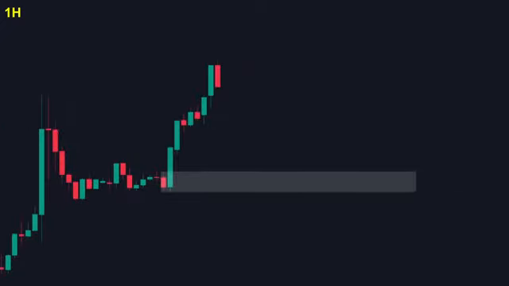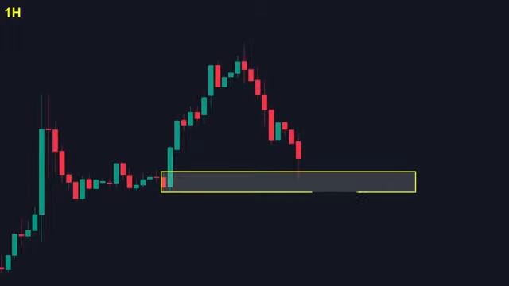As mentioned earlier, we need to wait for a pullback to enter the order block zone, and then zoom into the lower time frames to look for confirmation of an upward reversal. Let's zoom in on our 5-minute execution chart. On this time frame, the market has already made a change of character, exactly the reversal signal we were looking for. This indicates that the short-term downtrend is over, and now we can take long trades with tremendous confidence.